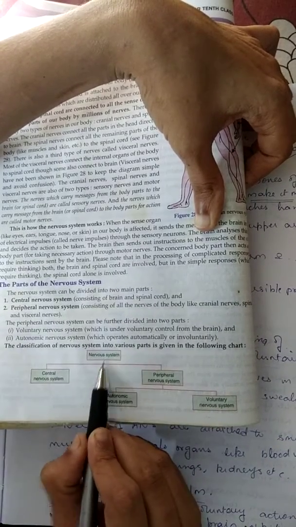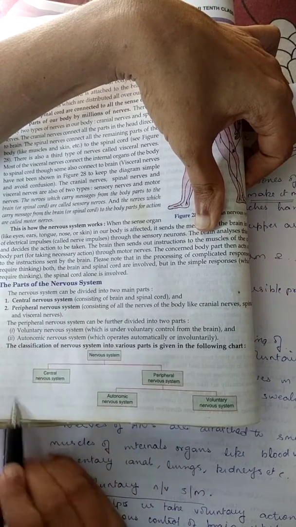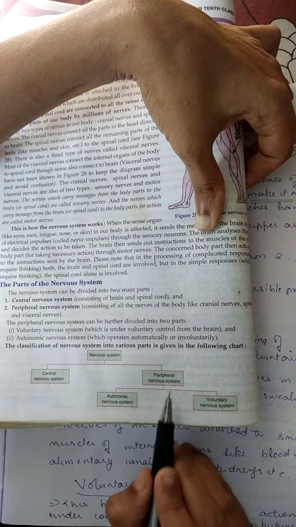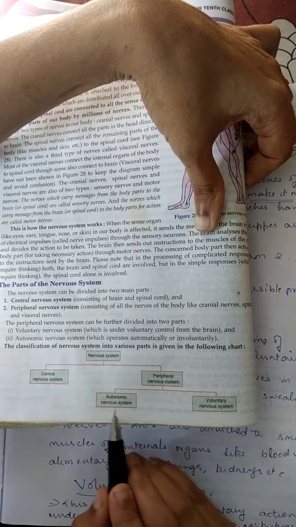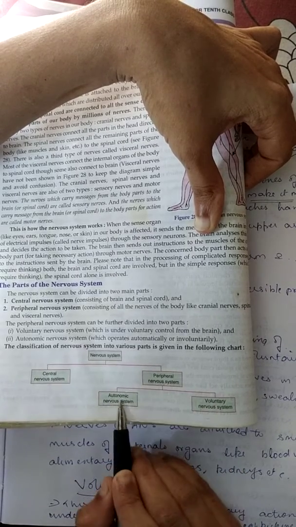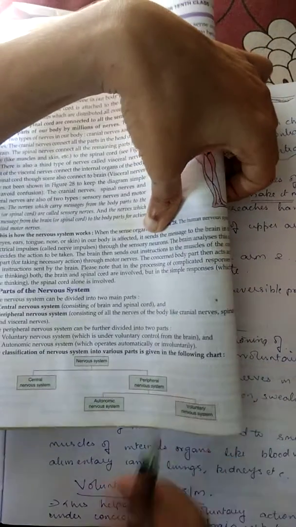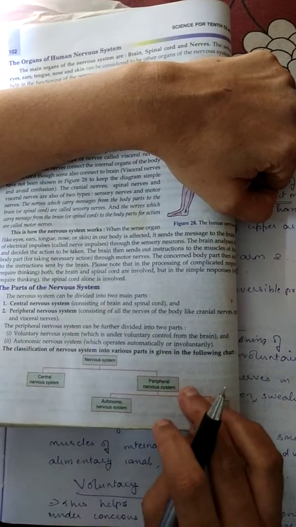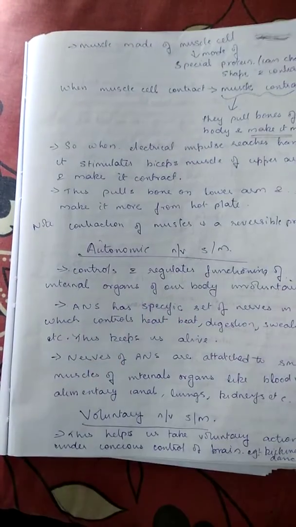So, the nervous system consists of the central nervous system and the peripheral nervous system. The central nervous system consists of the brain and spinal cord. All the nerves together form the peripheral nervous system, which is divided into the voluntary nervous system and the autonomic nervous system. Again, the peripheral nervous system consists of all nerves. That is, it consists of cranial nerves, spinal nerves, as well as visceral nerves. Okay, so if you see the autonomic nervous system